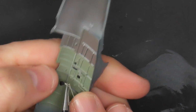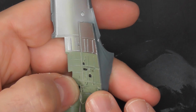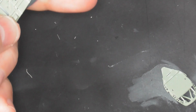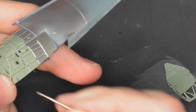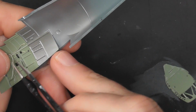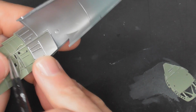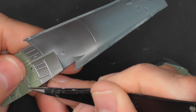Now actually I glued these two parts on the forward starboard half a little bit too far forward, so don't copy me, put them a little bit further back, because they were too close to the instrument panel in the end. But just using a brass toothpick with a tiny bit of super glue on, and lead wire, it's really easy to mould in position, but it can sort of kink, be a little bit wobbly,